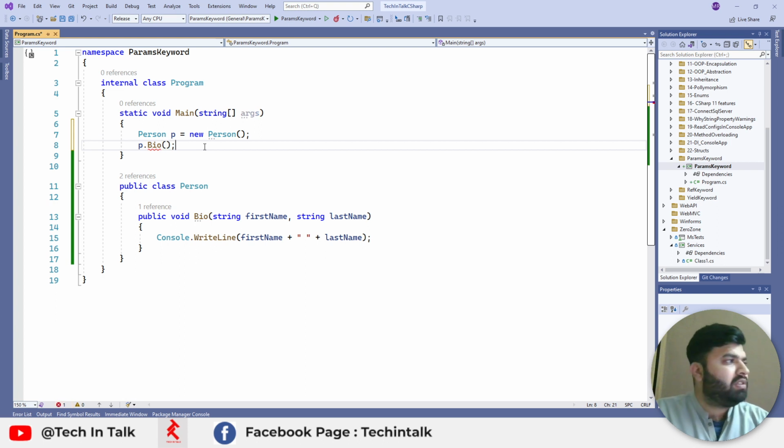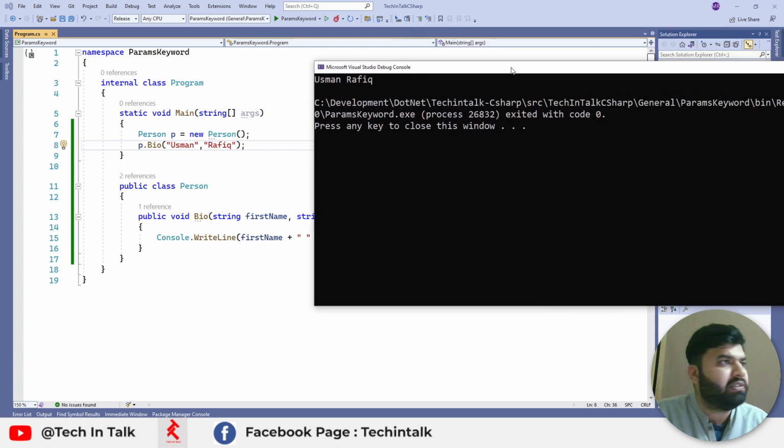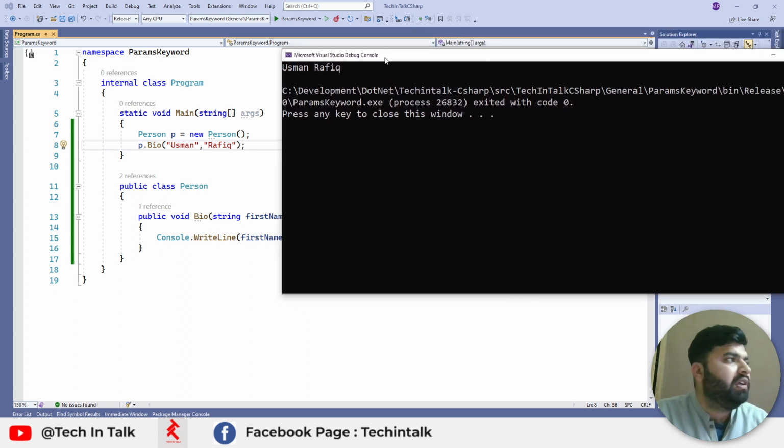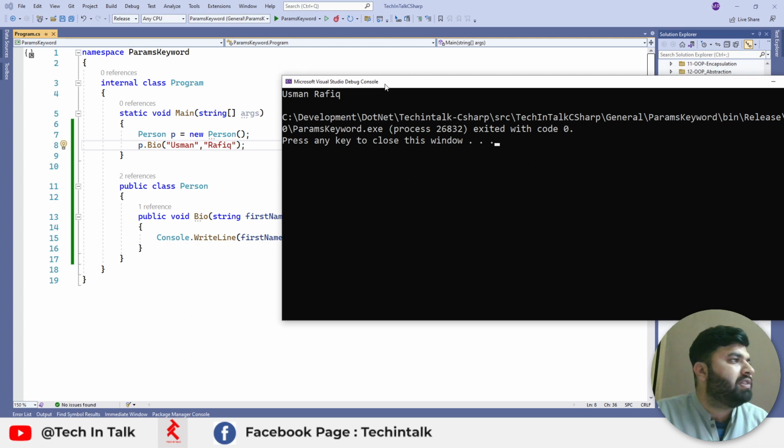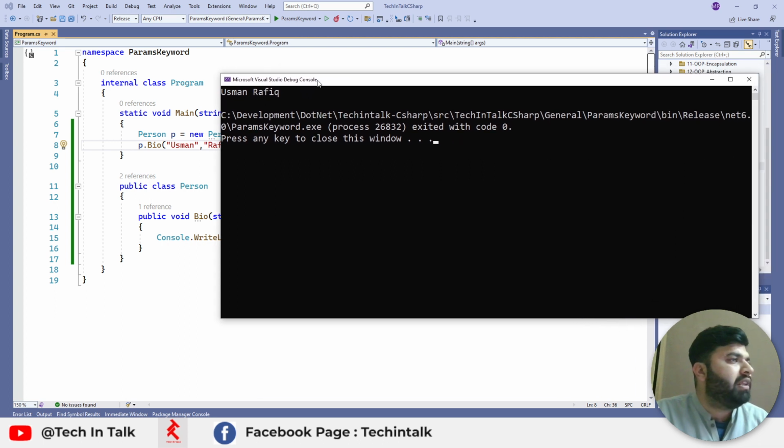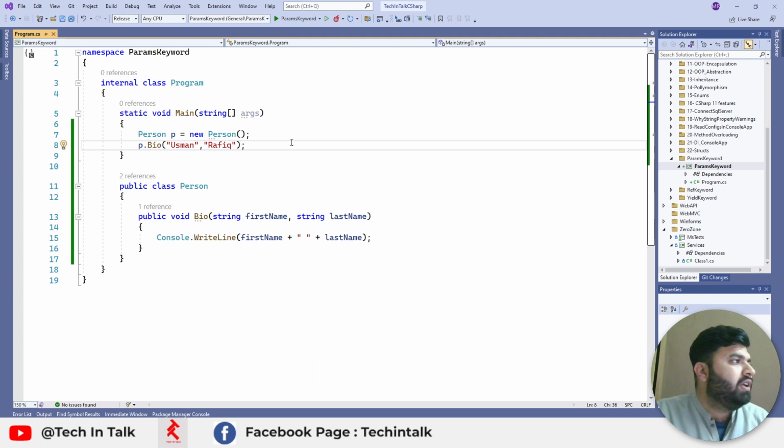So this is just the construction of the example. My first name is Usman and second name is Rafiq, and let's run this. So this is just to establish the base to explain the params keyword. So we can see my name is printed on the console. Now